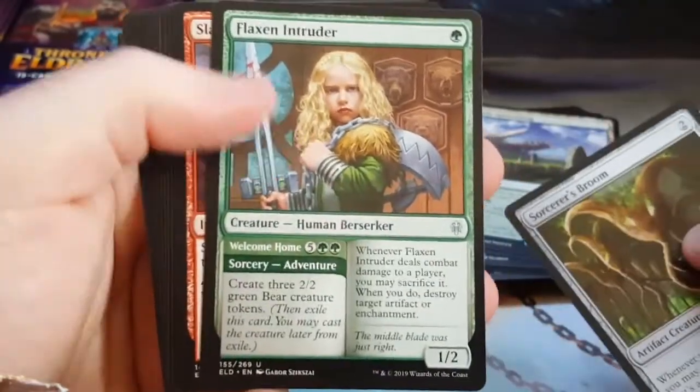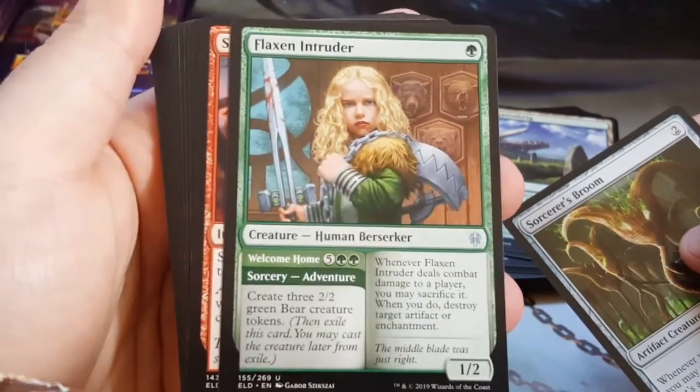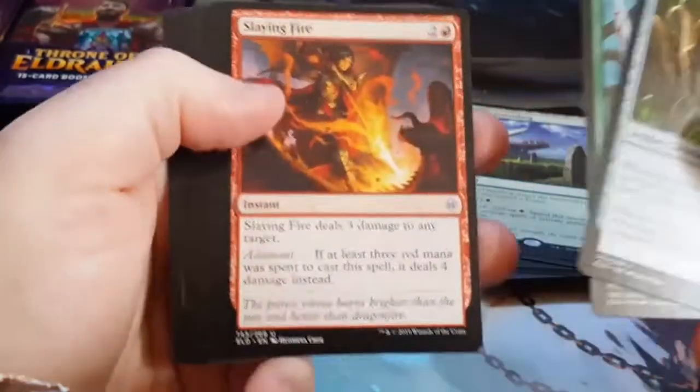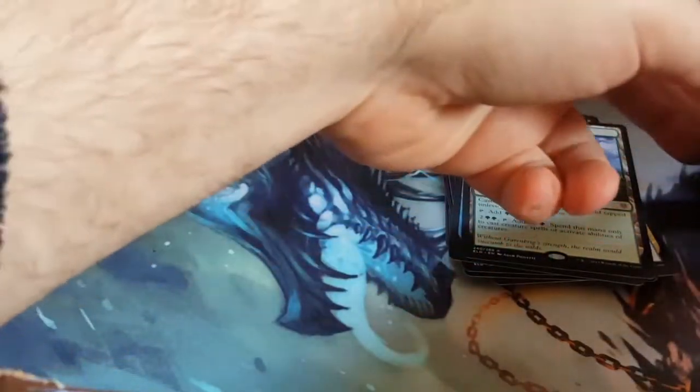Ooh. Oh, that's the original picture of Flaxen Intruder. Okay, so the picture that I had posted on my Facebook page was of her with the three bears basically massacred, and that kind of offended me a little bit, because, you know, I'm Blue Bear. Come on now. But yeah, I got a little...